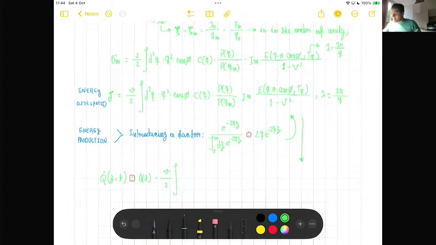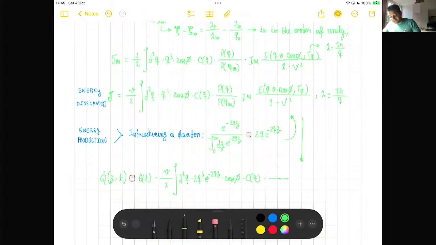And then we have the integral of the second derivative of q times q squared over 2 times 2 q cubed times the exponential of minus 2qz times cosine phi times C of q,